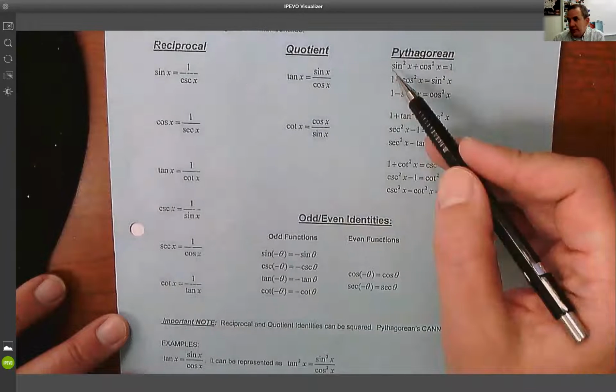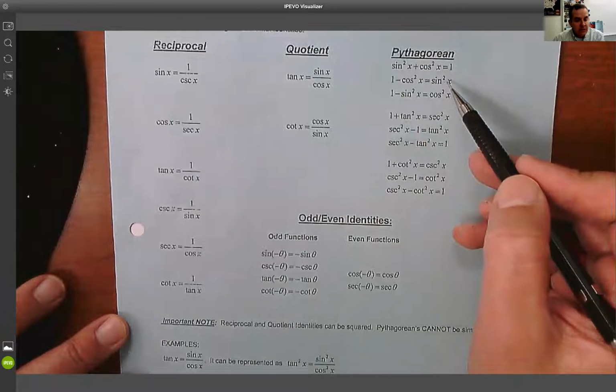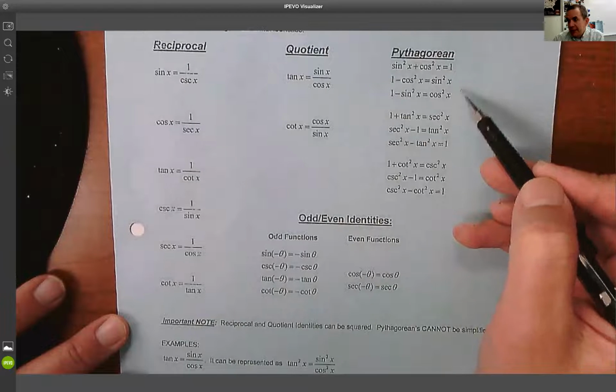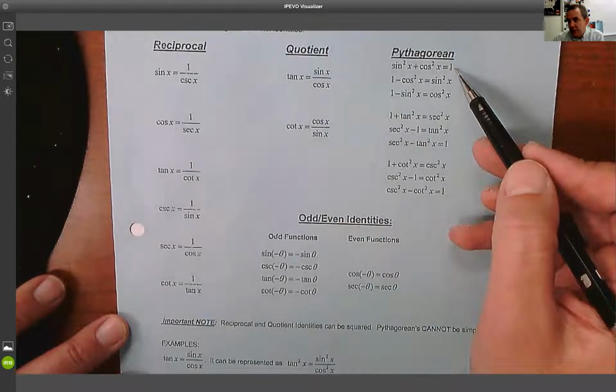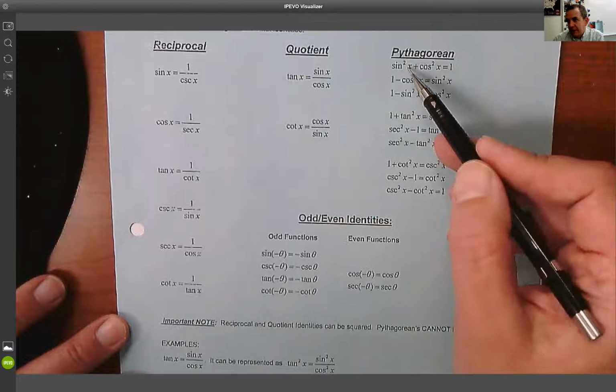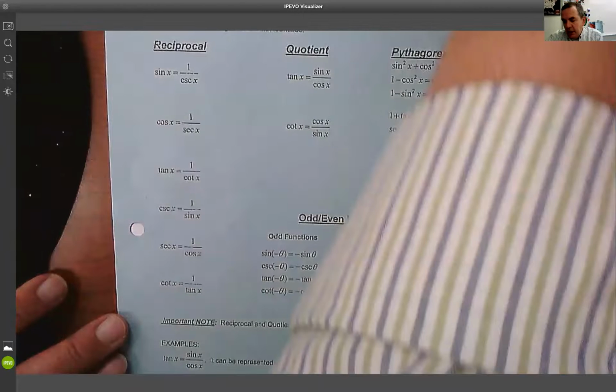The first one is that if you square the sine and you square the cosine of the same angle, that's always going to add up to 1. And then these next two identities are basically just this first form manipulated. So in other words, getting the sine by itself, I subtract cosine from both sides. So again, if you think about it, if I had